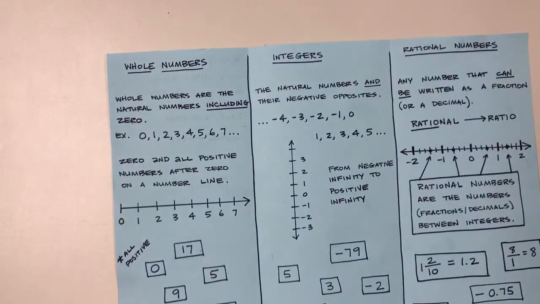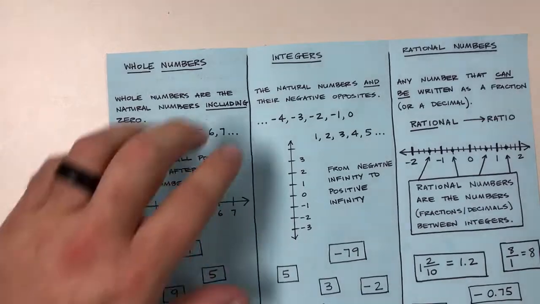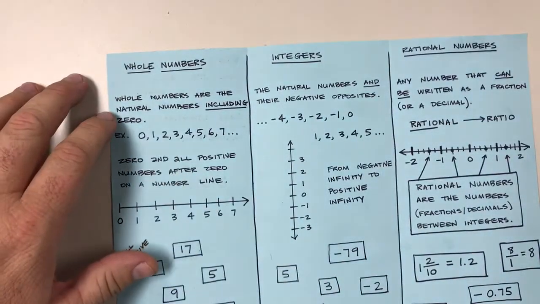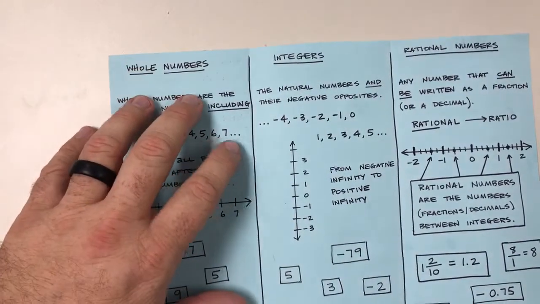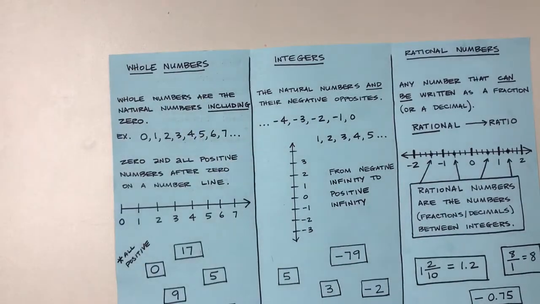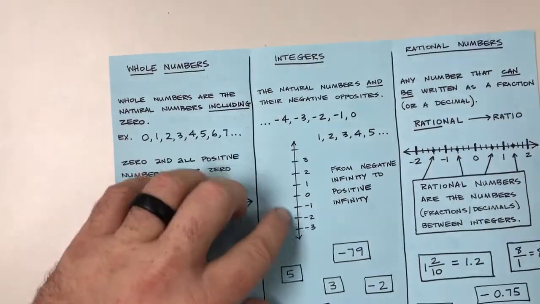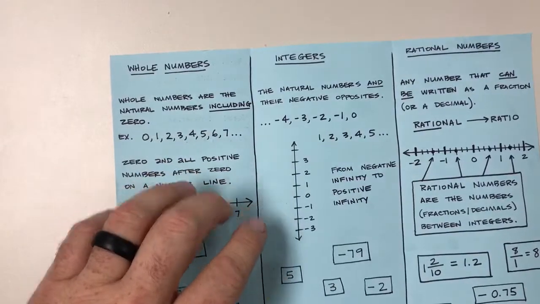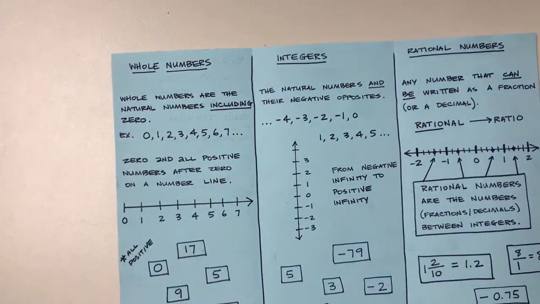The next category that we started learning about on the second day of school was integers, and integers are the natural numbers and their negative opposites. So everything past zero in the positive direction and everything past zero in the negative direction. So either up or down from zero on a vertical number line, or left or right on a horizontal number